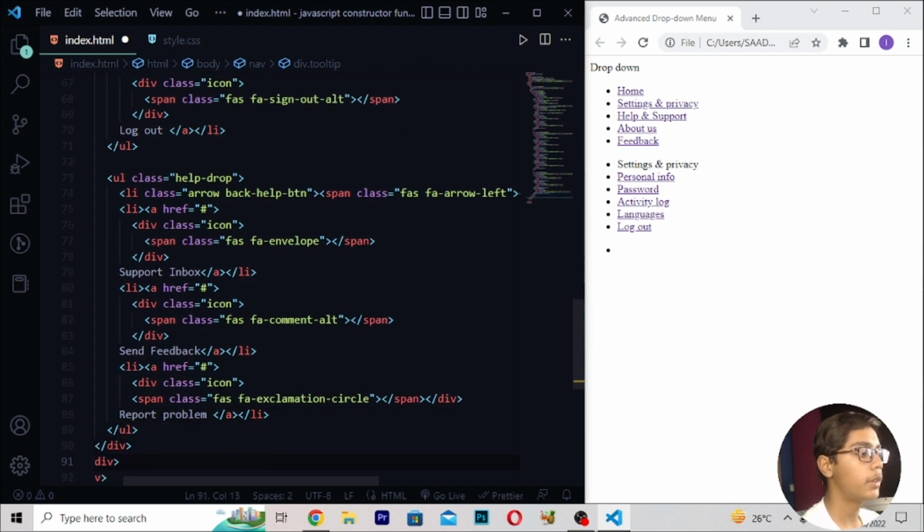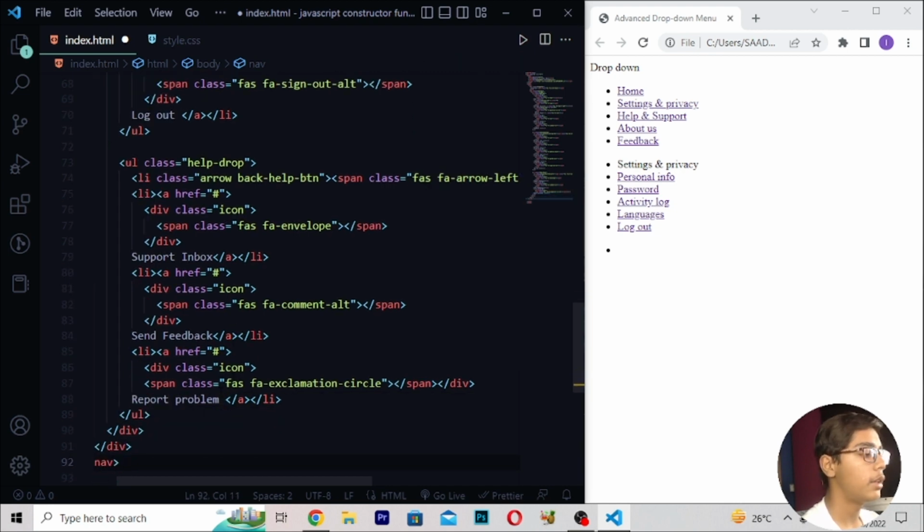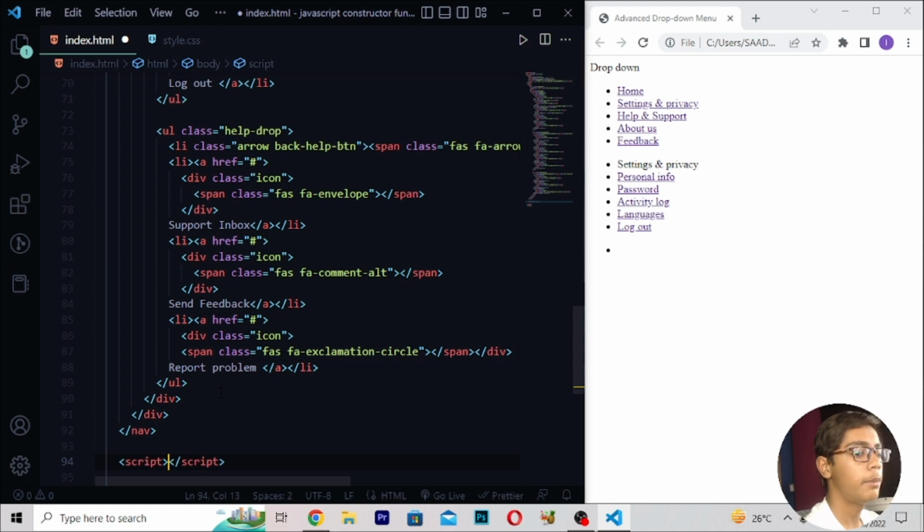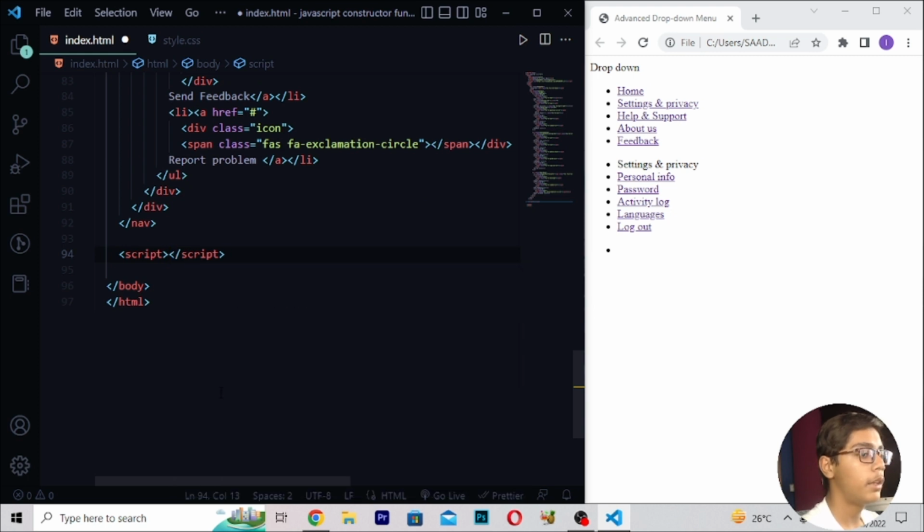Then you have to just move down after this div like this, then here I'll be writing a script. Then when you've written this, here you have to now just do one thing. Here I will be moving, and here you have to just write a tag like this. So when you've written all these things, here I will be now moving in this tag, and then when you've written all these things, here I will be now just doing one thing.